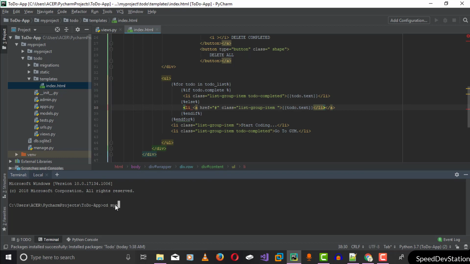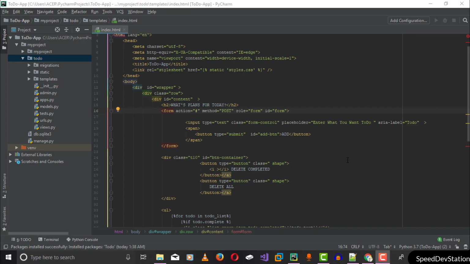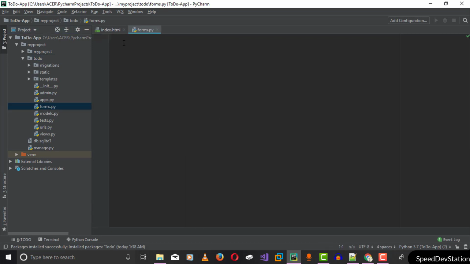CD to my project. Let's run our server. As you see, this is the to-dos that I have marked as complete to-dos. Now I need to modify this input text. So let's create a new file with the name form.py,